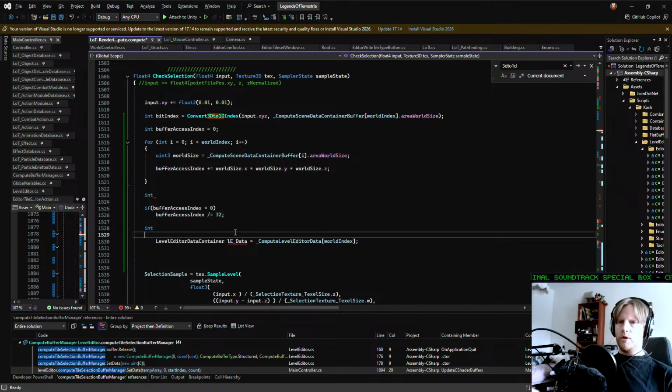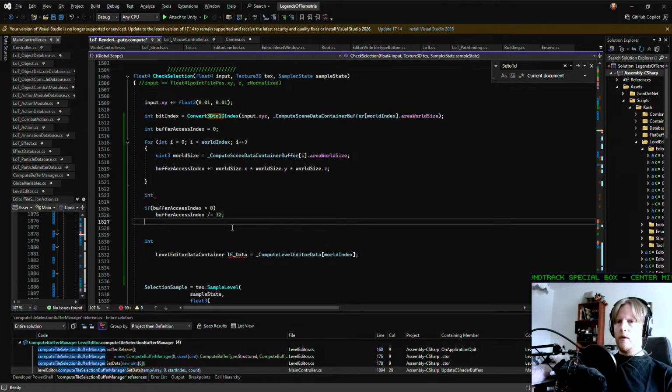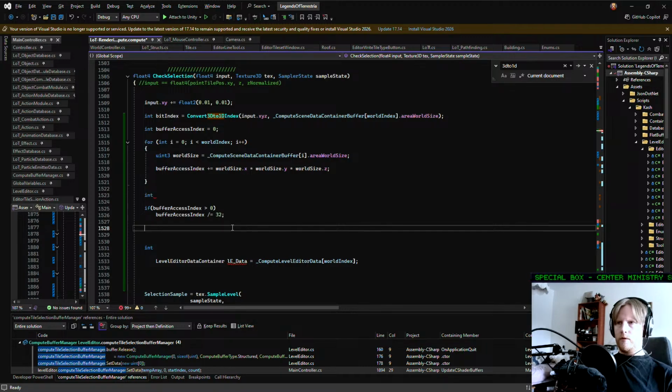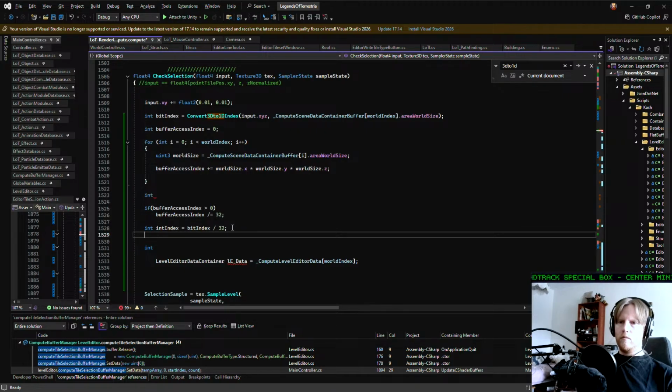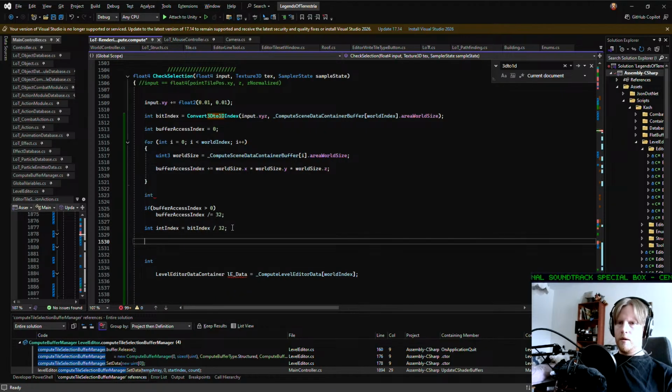That being 32 is okay. Yeah, I think that's fine. And then what we have to say is int index equals bit index divided by 32. And then we say int bit container equals compute